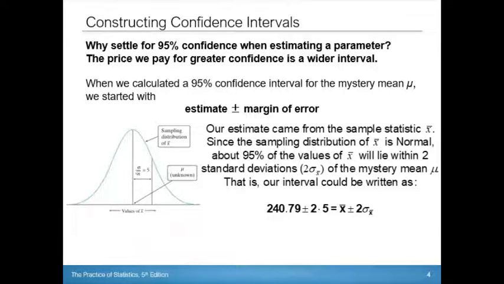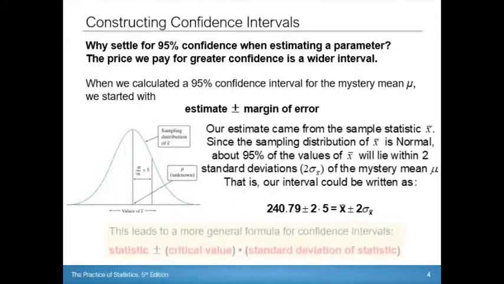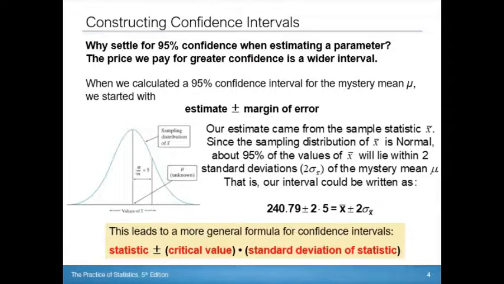So this is still looking at that same mystery mean. Remember when we had 16 data values and the standard deviation for the population was 20. So 20 divided by the square root of 16, or 20 divided by 4, which is 5. Since it's 95%, the empirical rule tells us that if we want 95% of the samples to be within a certain value, we would want that value to be plus or minus 2 standard deviations. And in this case, it's the standard deviation of the statistic, or the standard deviation of the sampling distribution.